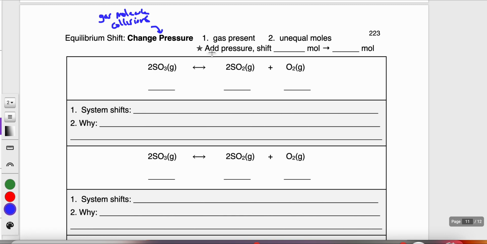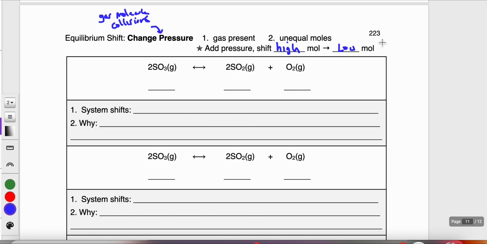So if you add pressure, that means you have too many collisions happening, so you shift from the high mole side to the low mole side. If you decrease the number of gas molecules, you decrease the number of collisions, then you will decrease the pressure